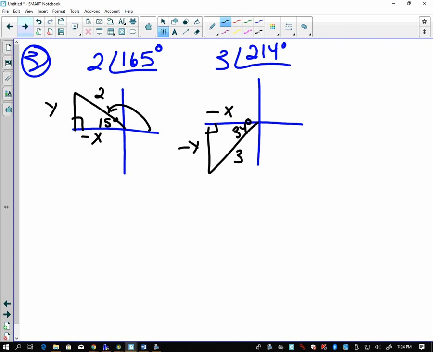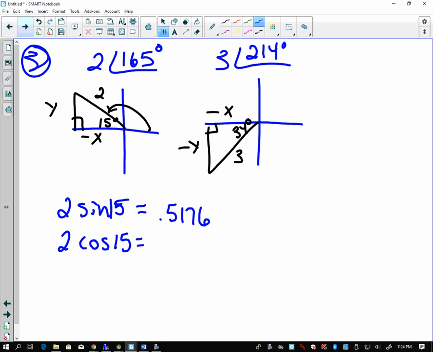Okay, we need our cosine for our x value. In fact, I'm going to do my sine value first. So I'm going to do 2 sine 15. And that's going to give me 0.5176. 2 cosine 15 should give me, in this case, because I need to know that my x is negative, I'm going to go ahead and put this in, negative